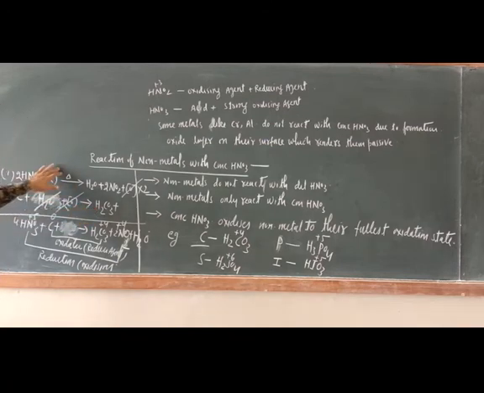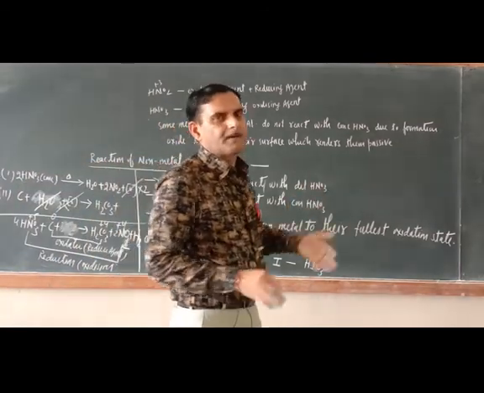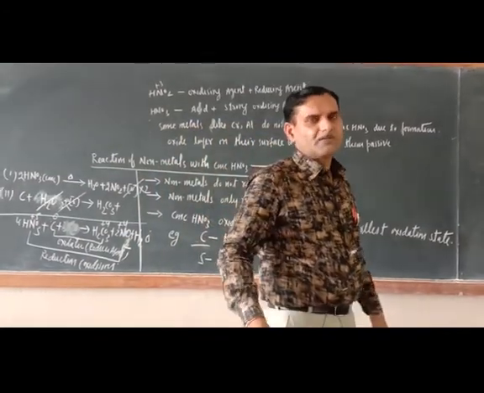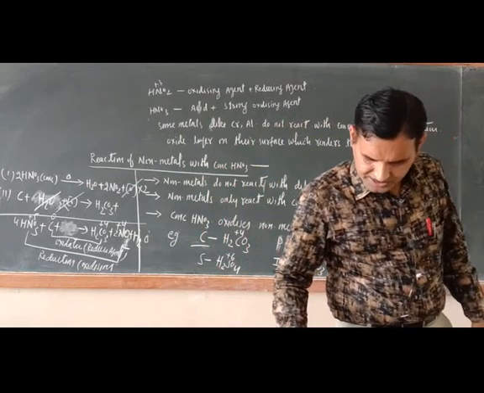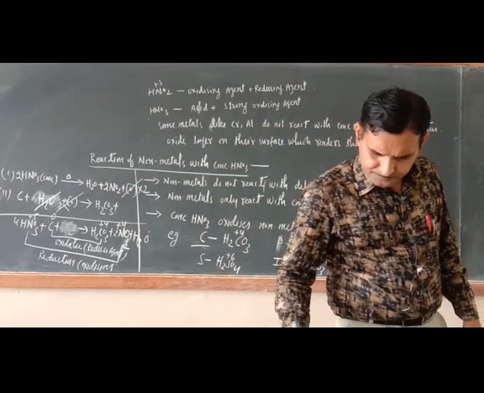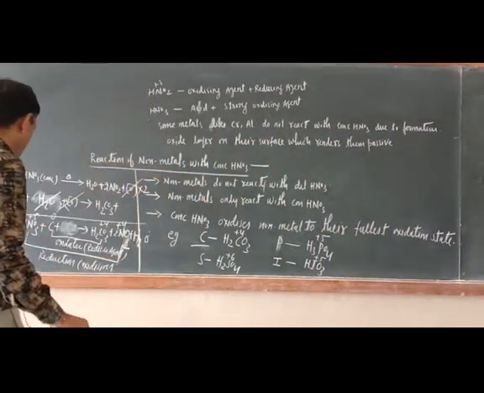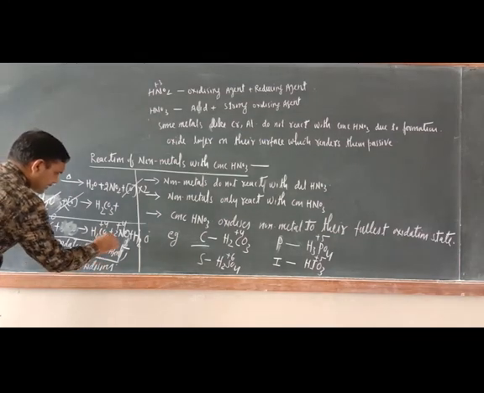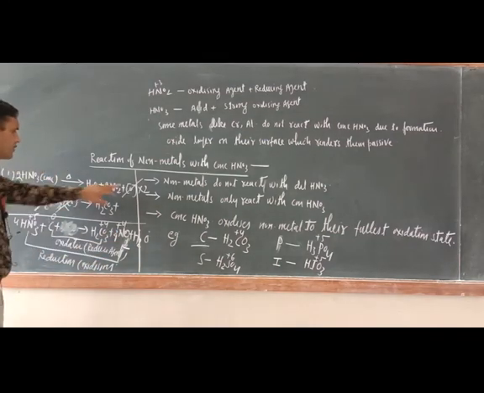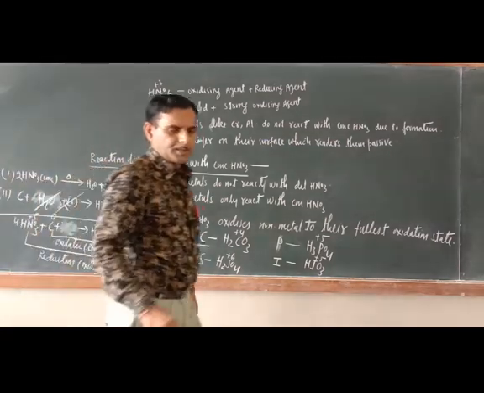Similarly, you can take sulfur. The final product will be different, but step number one should be the same in all cases. So try hard, you can do this, there is no problem. Otherwise, in the next video I will tell. As far as today's duration is concerned, this is completed. Check the reaction also. I think the reaction is balanced. 4HNO3, and one thing is not balanced here: this is 4 because 2 2s are 4, 4NO2. Okay, so thank you.